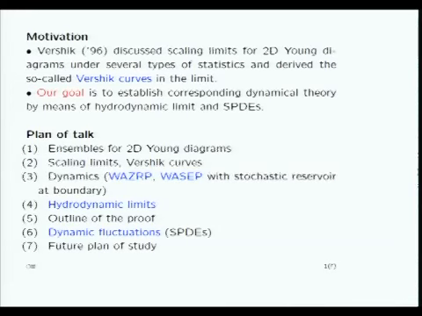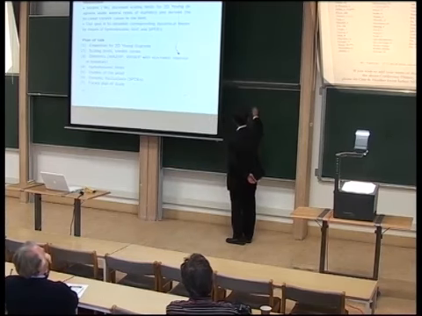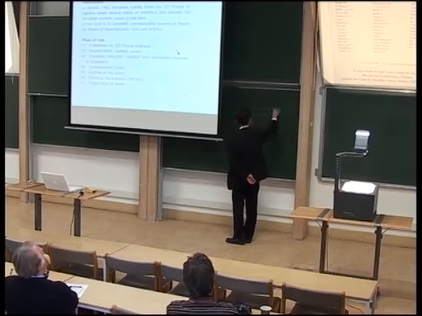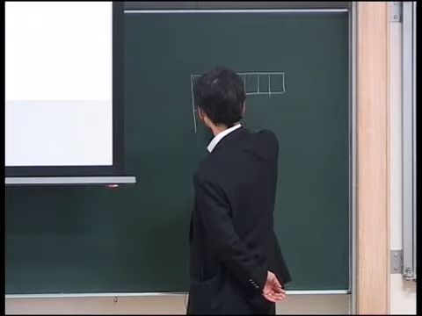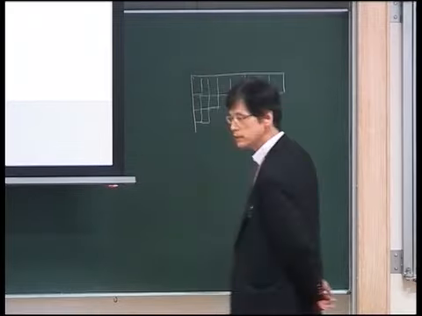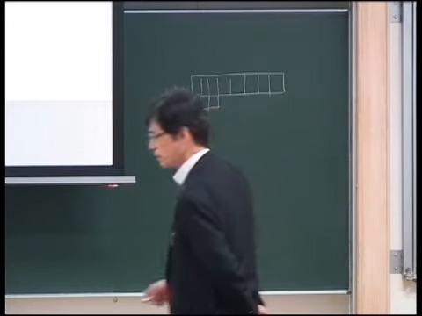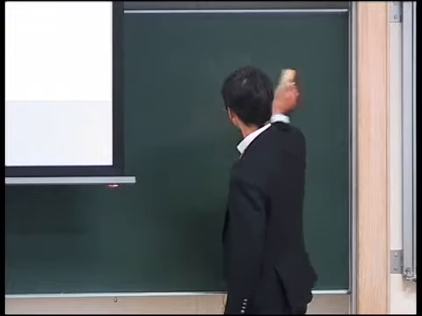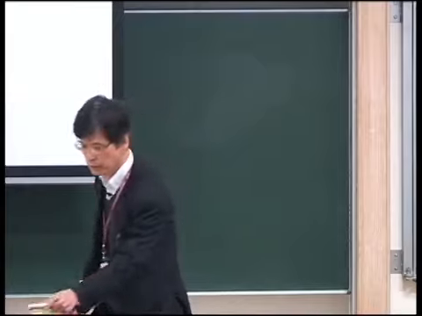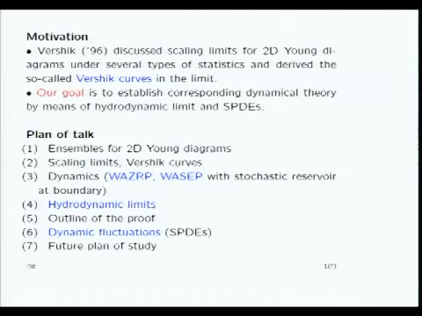So, a Young diagram is just a collection of unit squares. You pile up unit squares, and you get some shapes. But in my talk, I write this shape upside down because it is better to think about. In the first quadrant, I follow the idea of Bershik. Therefore, the Young diagrams have this shape.